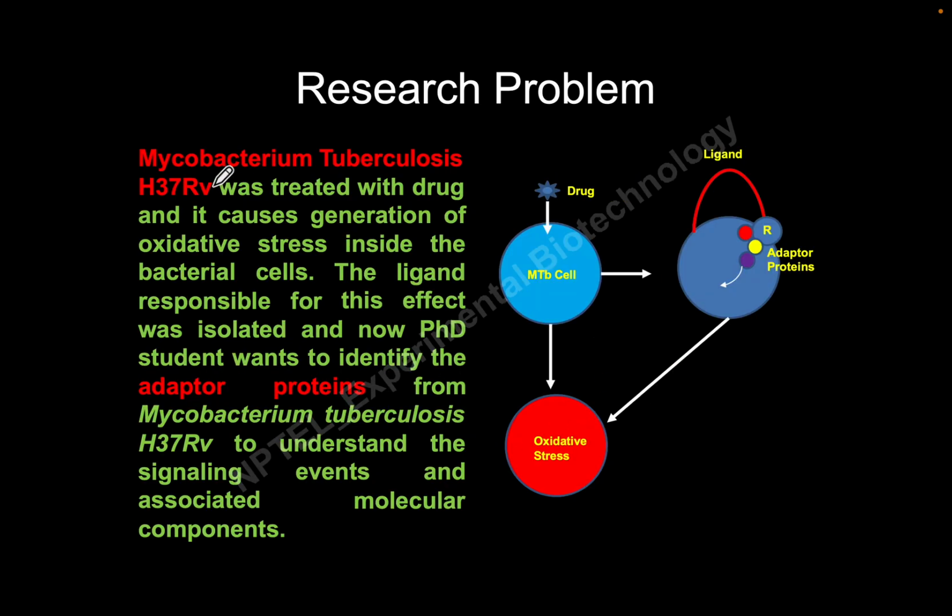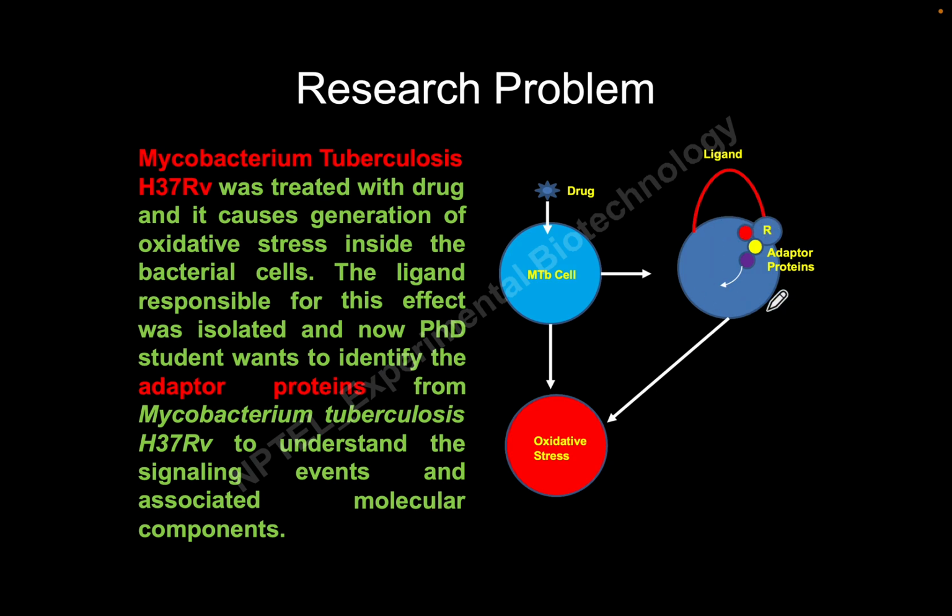Another research problem: Mycobacterium tuberculosis H37Rv was treated with a drug and it causes generation of oxidative stress inside the bacterial cells. The ligand responsible for this effect was isolated, and now a PhD student wants to identify the adapter proteins from Mycobacterium tuberculosis H37Rv to understand the signaling effects and associated molecular components. Okay, so you have an MTB cell and it was treated with a drug, and it causes generation of oxidative stress inside the bacterial cell. The ligand responsible for this effect was isolated by a PhD student, and he or she wants to identify the